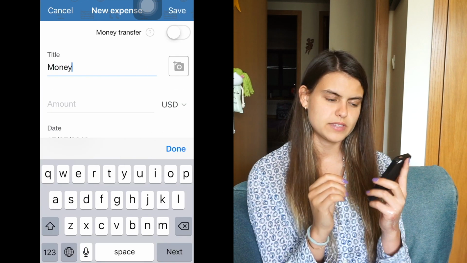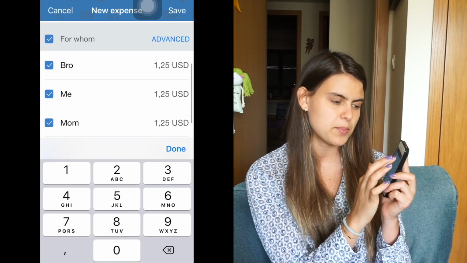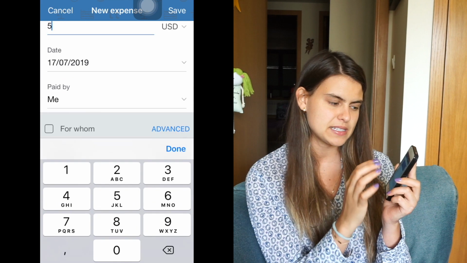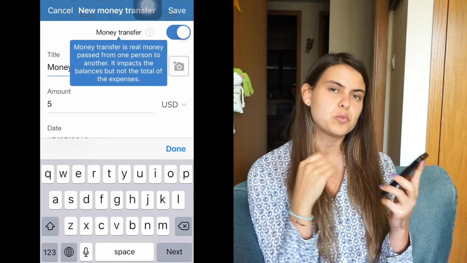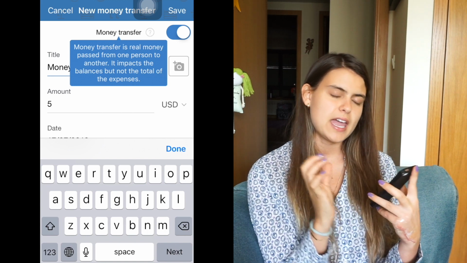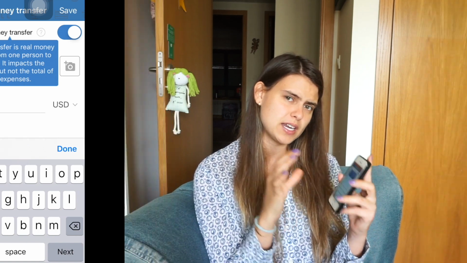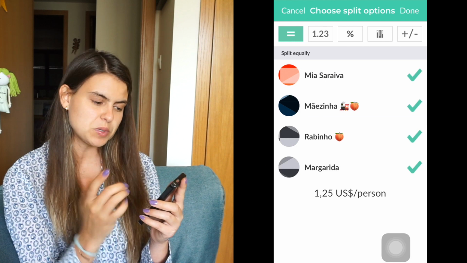As you can see, there is a little clicker on the top, and basically what happens is that if you put something as a money transfer, it won't count as an expense. And this would be super useful in an app like Splitwise. In this one, I don't understand why this is important, even though it is cool, for something that I'm going to explain to you later. When you add an expense in Splitwise and click on Split Equally, it will already